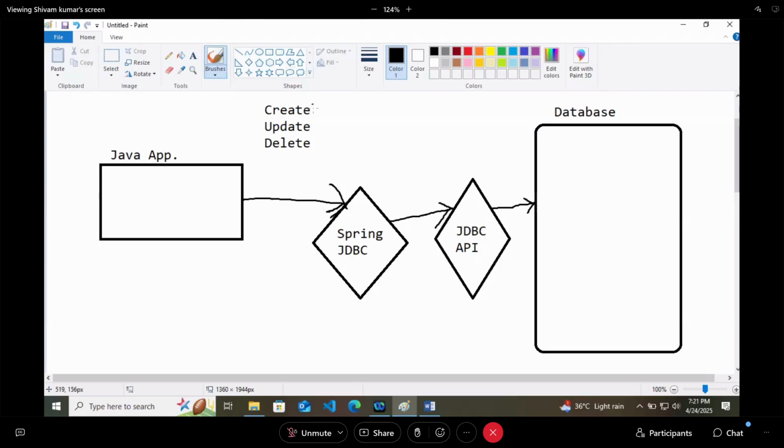Whenever you create an employee, you will set the ID, mobile number, name, email, and salary, and give it to JDBC template. JDBC template will run normal JDBC inside, and the database will ask, do you have permission to write values inside me?